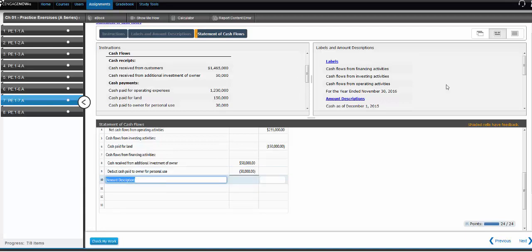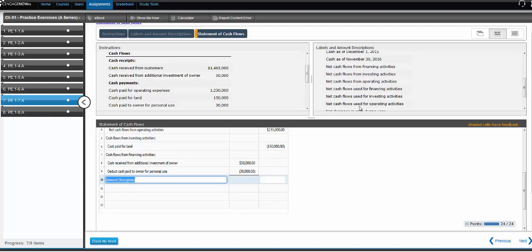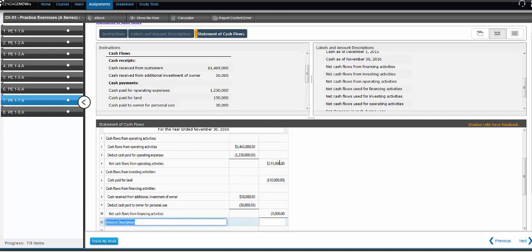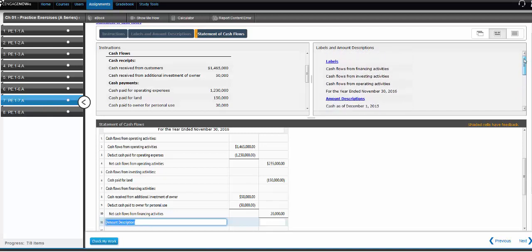So therefore, the net cash flows from financing activities, Control C, paste, is the 50,000 minus the 30,000. So I tab over, and which results in a positive 20,000. Okay, now within the statement of cash flows, I need to total these three up. So in this case, that is going to produce